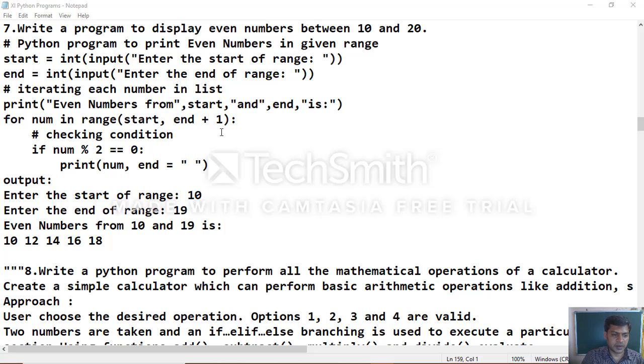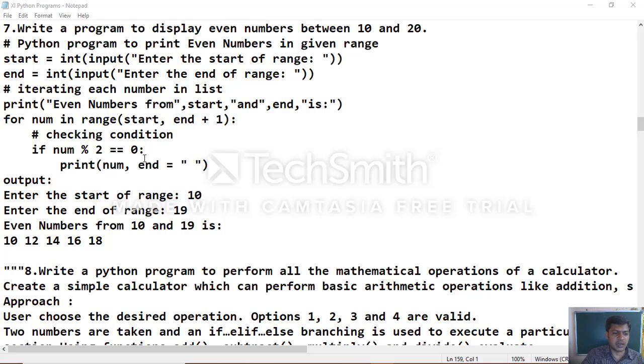Now checking the condition num modulus 2 double equal to 0. When each number is divided by 2, if the modulus value is equal to 0, then that is nothing but an even number.